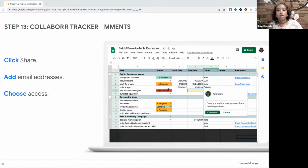So let's talk about another way that you can use collaboration. Most of us are used to using collaboration whenever we share a document or we're able to get the link to share a document with someone else. But I want to show you how you can use some collaboration features within Sheets. You can actually add comments and include someone in a conversation. For example,